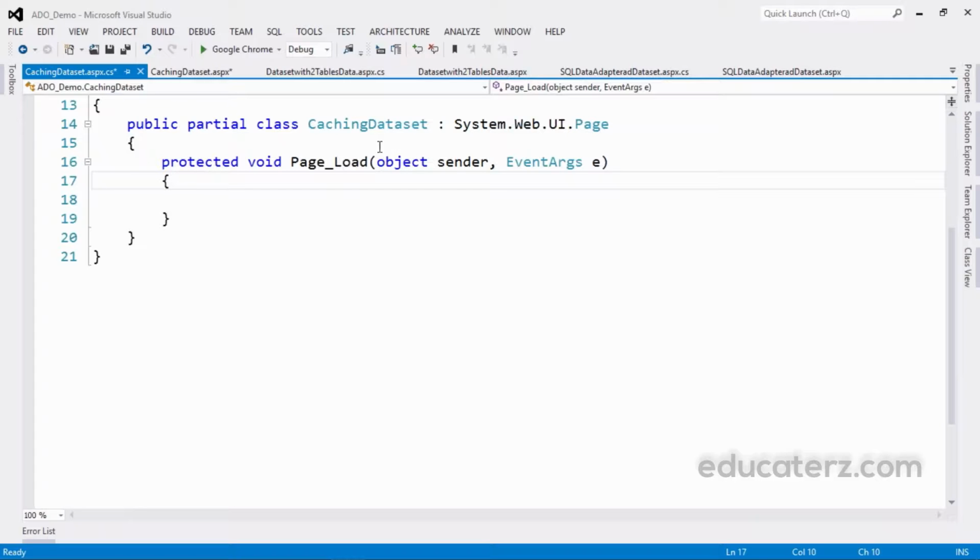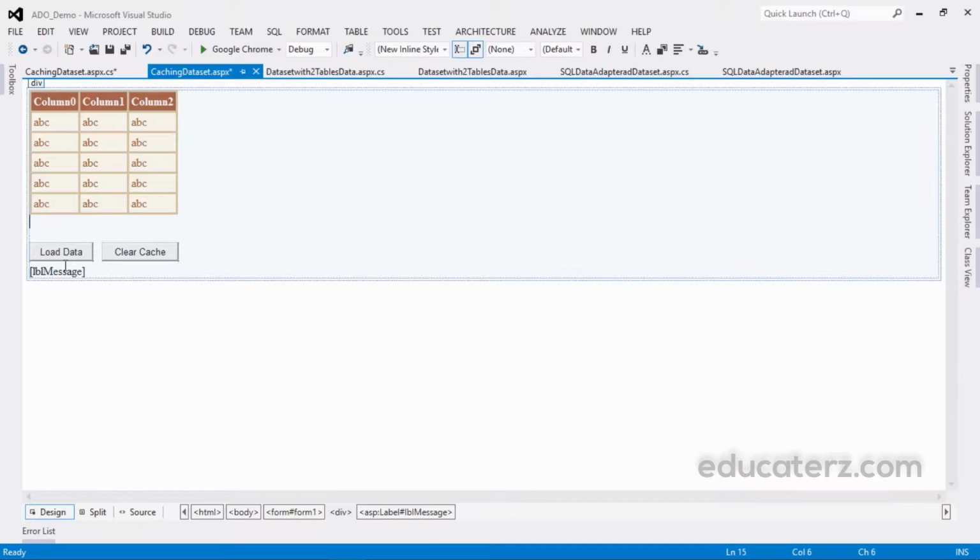I have two buttons: one is load data from database, and the other is clear cache. When I click load data, initially it will bring the data from the database. From then onwards, if you click on load data, it will check whether the data is there in the cache, and then it will fetch the data from the cache instead of going to the database every time.